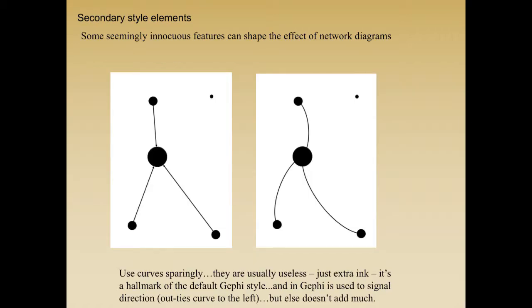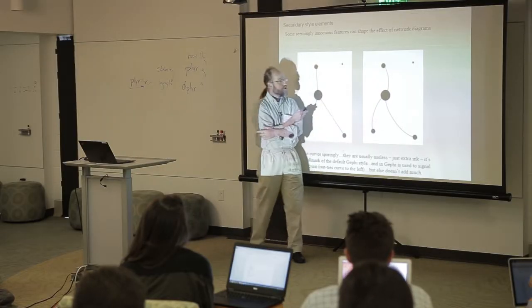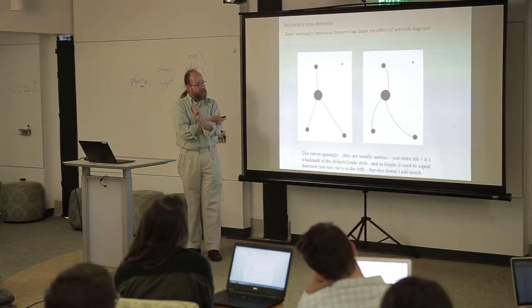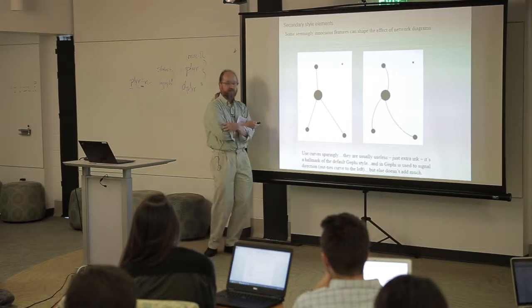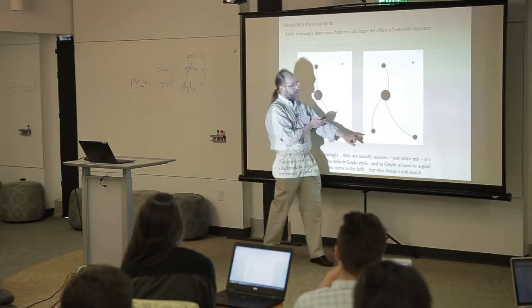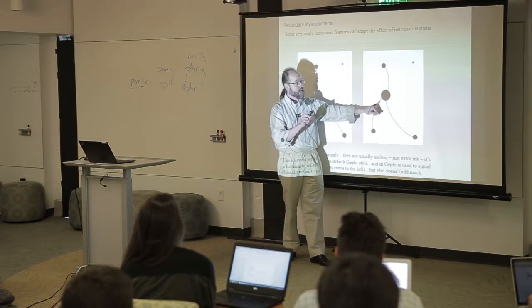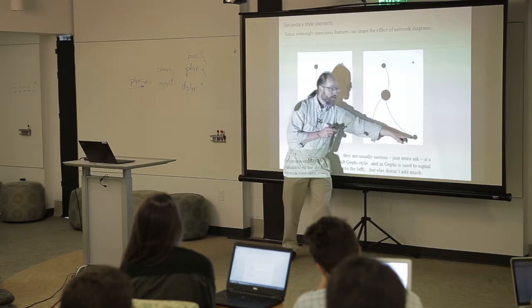There are some questions about whether you want to display edges as straight lines or curves. This is the classic element of the Gephi program, is they use a curved edge. I find curves a little distracting, but it's a matter of taste. If it's done really well on a sparse graph, it can be beautiful, but it doesn't provide any information, so it tends to be a chart junk feature. In Gephi, to be fair, there is an information content. The curve is turned to the left following the out degree. So this is a node from here to here, from here to here.